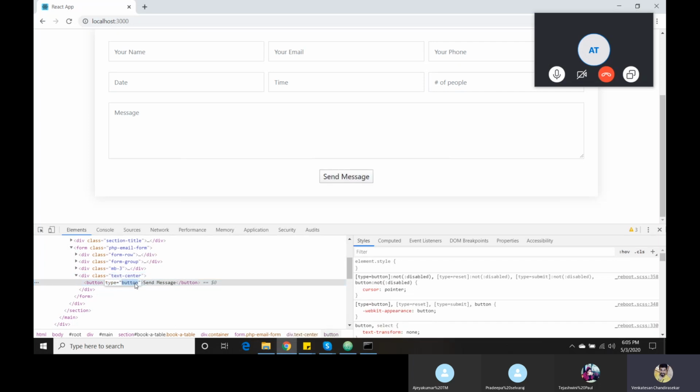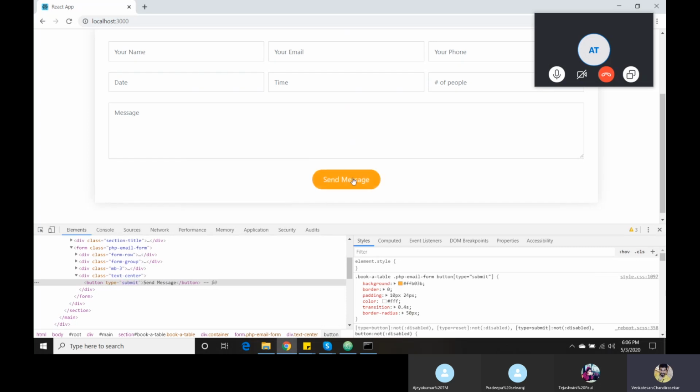Initially it should be submit, right? Then probably it is showing us some things. We need to identify the CSS styles here. Here it is, assets CSS style.css. There is a code for the submit button.